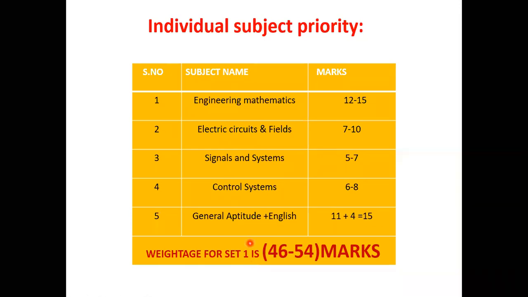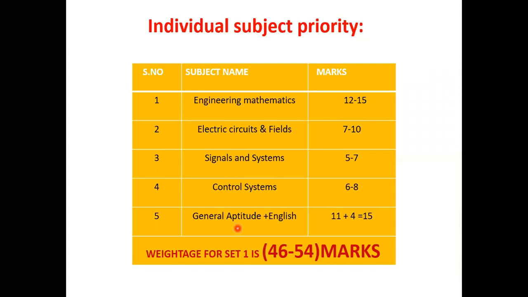Why I am considering these 5 subjects in set 1 is, observe the subjects there. The first one is mathematics, the second is circuits, the third is signals and systems, the last is control systems, and one more is aptitude. When you consider these 5 subjects, all of them are related to a mathematical approach only. All the subjects, because when you consider Z-transforms, Fourier series, Fourier transform, Laplace transforms, those topics are present in each and every subject. So all these 5 subjects are nothing but a mathematical approach only.